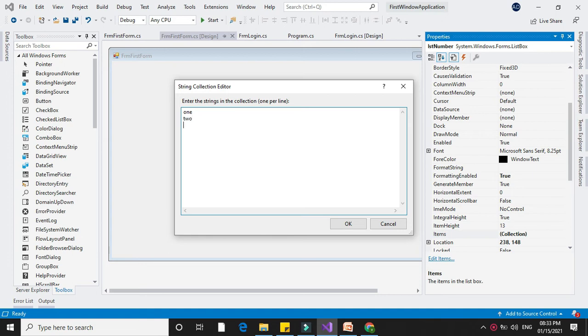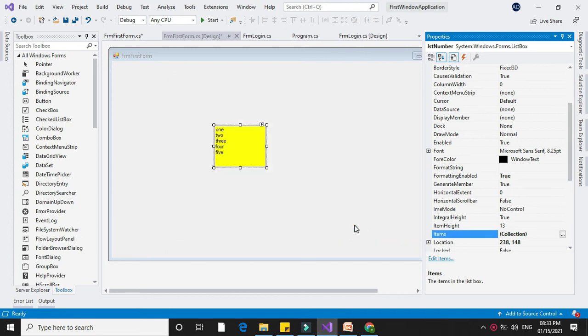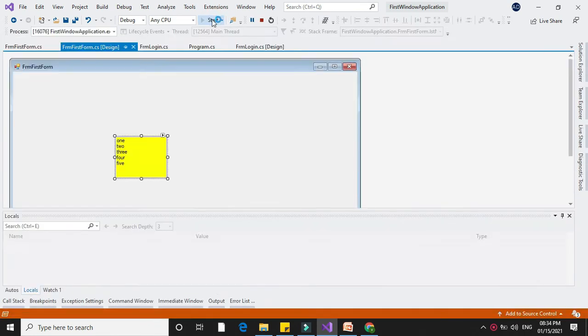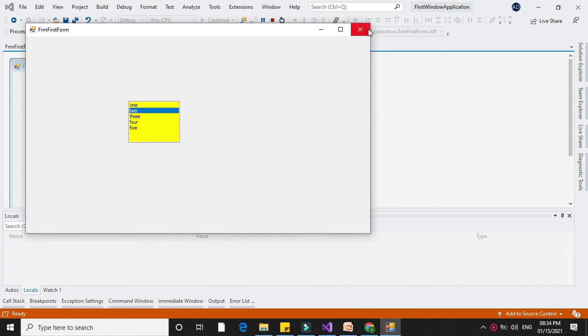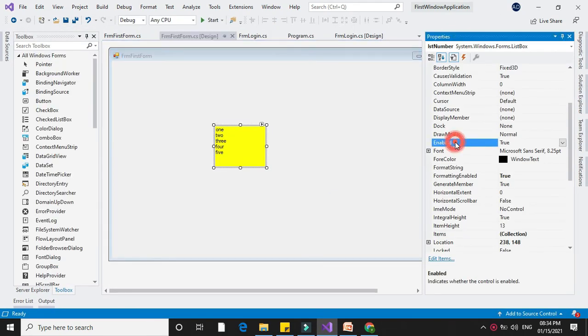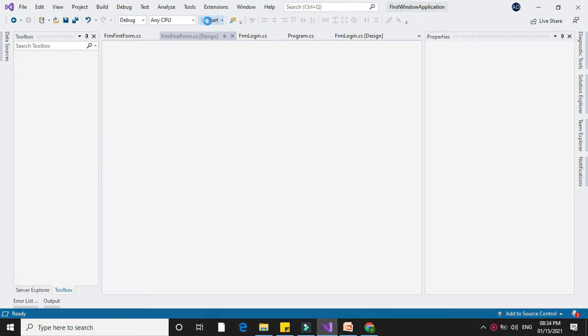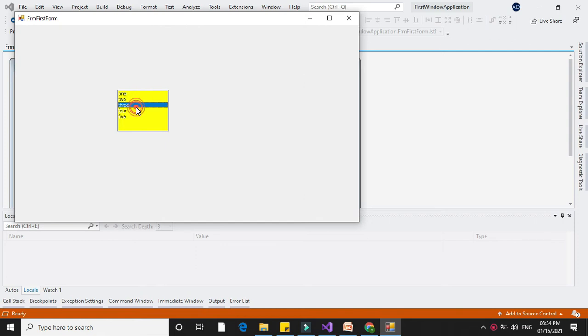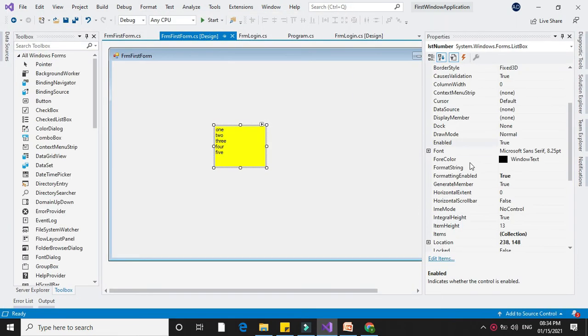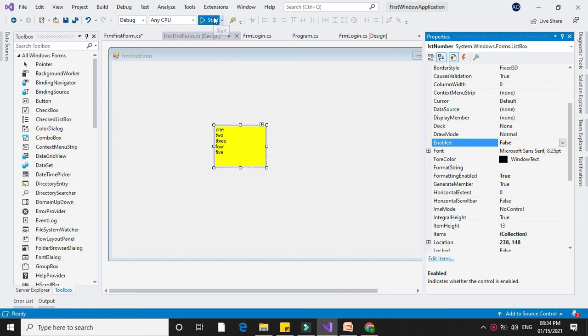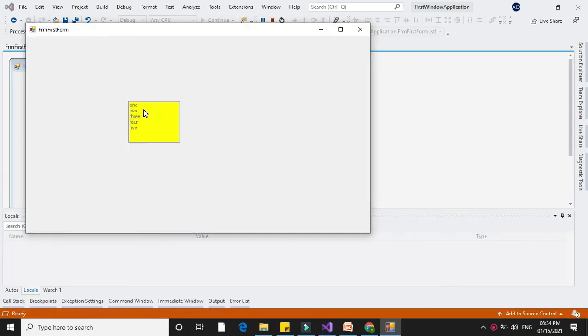So I will add 1, 2, 3, 4 and 5 and I will say OK. The items that we have added you will see here, and when we run, it will display the items. So when the Enabled property is true and you run, you can click on the list box. And if the Enabled property is false and you run, you are not able to select the items from the list box.